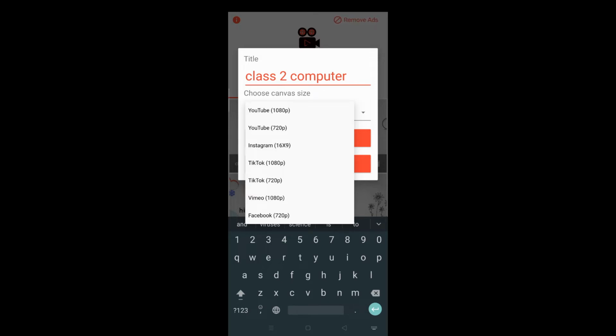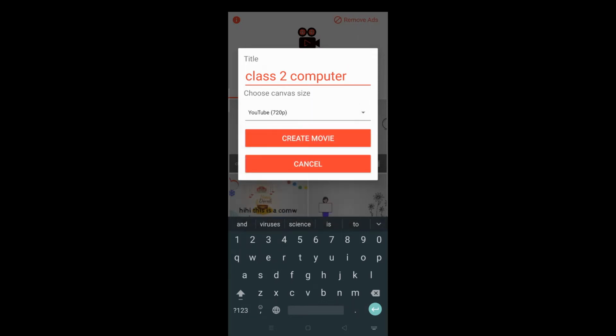If you choose 720 pixel, then you can send this video over WhatsApp. Here are two options: a title and the YouTube quality.